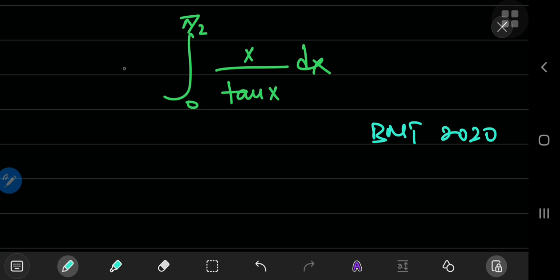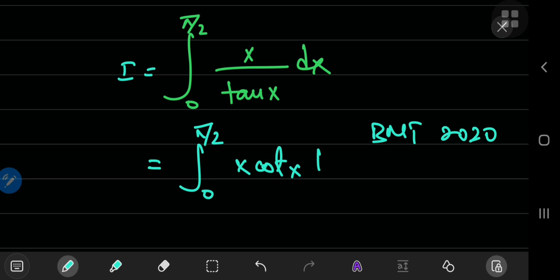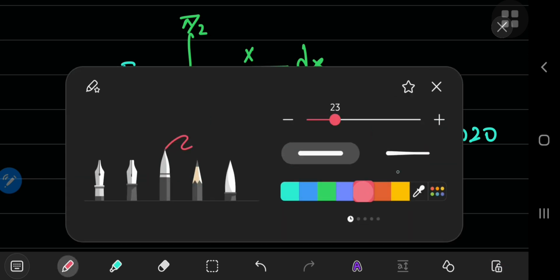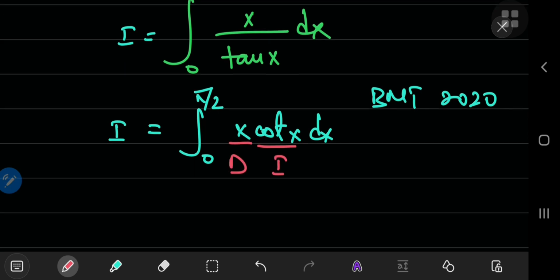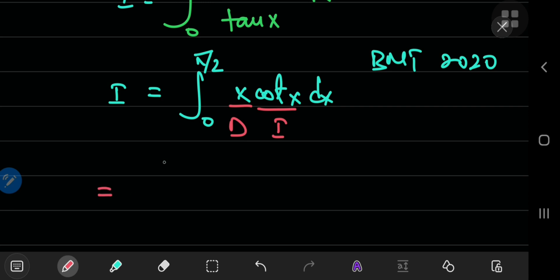So let's call this integral I, and let's write the reciprocal of the tangent as cotangent. So we have x times the cotangent of x, and we're integrating with respect to x from 0 to pi by 2. Now, one thing we can try here is integration by parts. So let's decide to integrate this cotangent function and differentiate this x here. So integrating by parts gives me x times, now the integral of the cotangent of x is the natural log